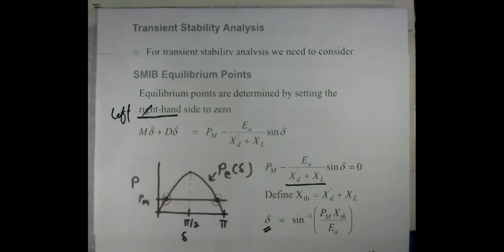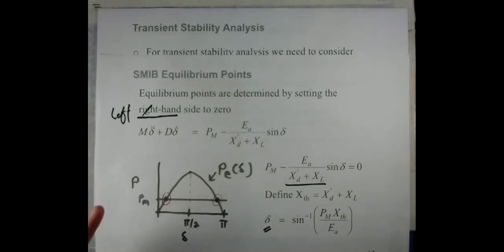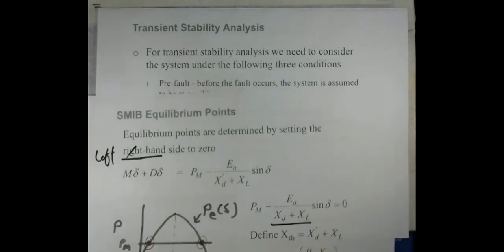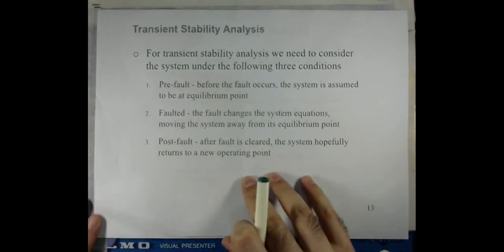for analyzing the transient stability of the power system, disturbances can appear, and disturbances could be of various different types. For instance, as I discussed in the beginning, it could be a fault, it could even be a sudden increase or decrease of load, because we are talking about the transient stability analysis. So we discussed that we need to carry out the study of the power system under 3 different conditions: one is pre-fault, one is during the fault, and one is after the fault is cleared.